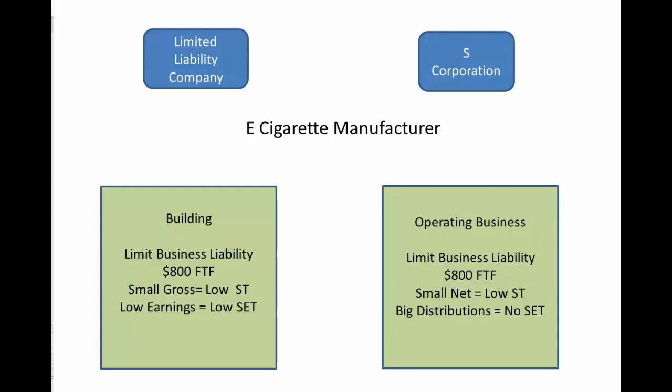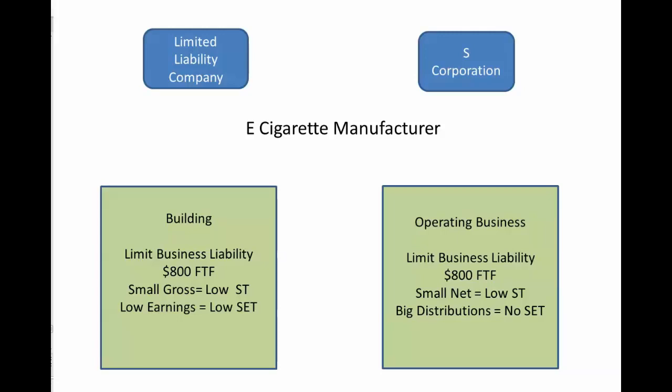Remember I said early on in this video that he had a building and an operating business. So the best way for him to put his situation together was this: put his building in a limited liability company and run his operating business, his retail business, out of an S corporation. The reason is, once he's put his business in the limited liability company, he'll have limited liability. He's going to have to take care of the $800 franchise tax fee. But because he's going to have a small gross in earnings, he's going to have a low state tax because there's not going to be gross revenues to tax. And because he's got low earnings coming out of that company, he's going to have a low self-employment tax,